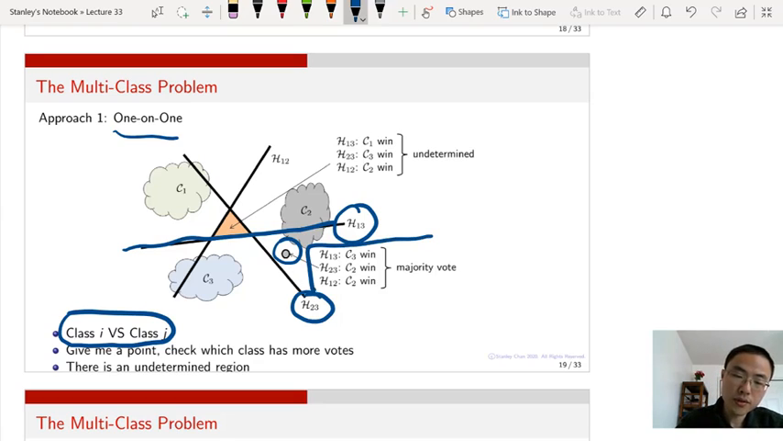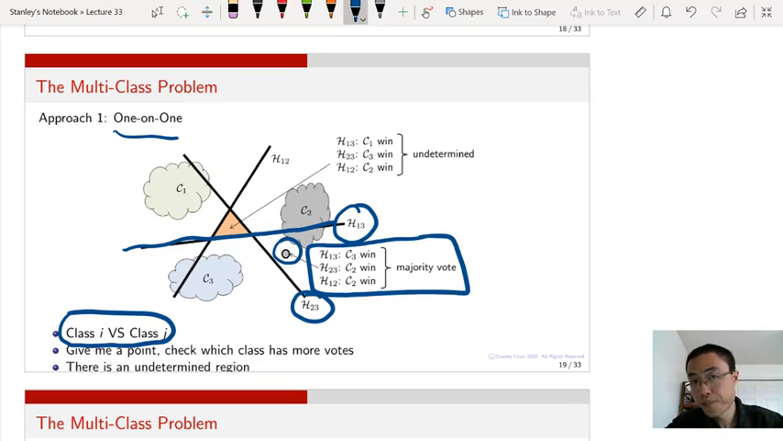Then once you do that, you can make a majority vote. For a data point here, you have three classifiers, and two of them will say that it belongs to class C2, and therefore you will say C2 is the class of this data point, which in this case makes a lot of sense. Now, the limitation of this one-to-one comparison is that you will have a region that is undetermined,